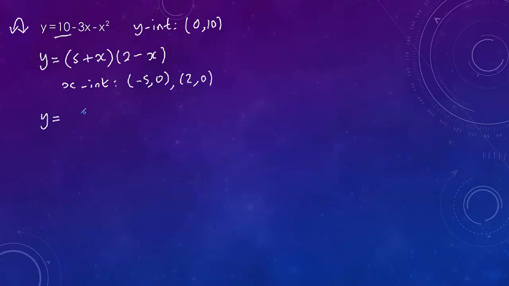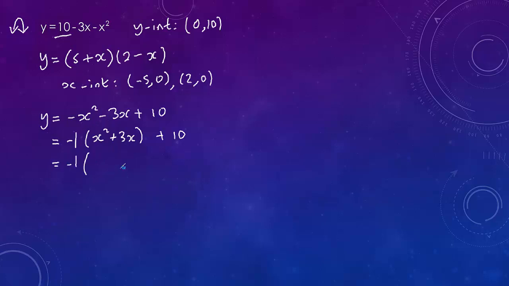So, just writing these in the other order, I've got minus x squared minus 3x plus 10. So, what I'm going to do is take out negative 1 from the first two terms, and then I'll have x squared plus 3x, and then the plus 10 is just going to sit here for now. Think about re-expanding that. You do get minus x squared minus 3x,